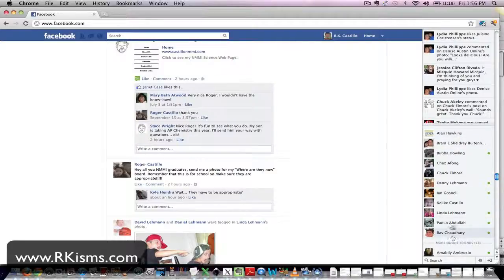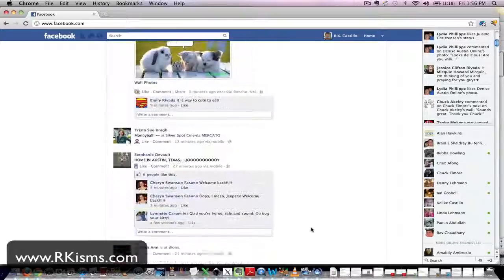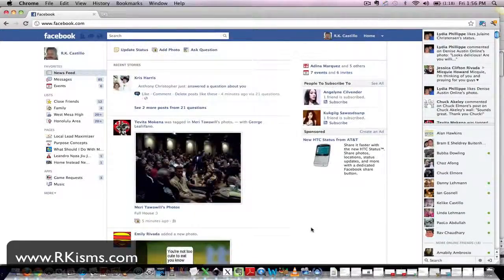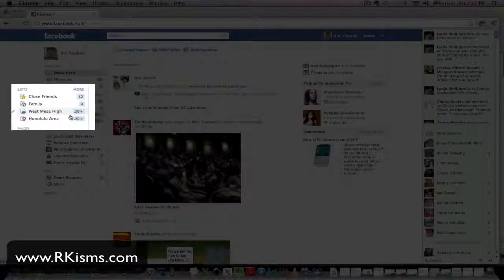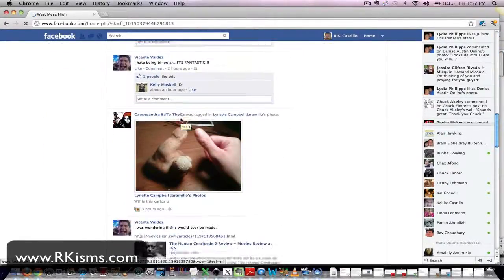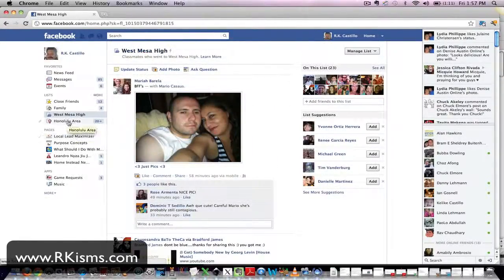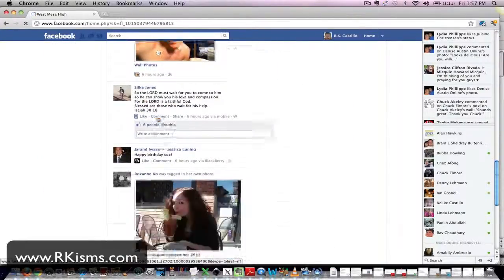Now you also have your friends layout over here. The other kind of cool thing that they've added is that by looking at your profile, they've created lists for you. I went to West Mesa High School, so they look at my friends' profiles and find out who else has gone to West Mesa, and then they put that in a stream where you can just look at what the people from your high school said, or from the city that you live in. You can look at that,